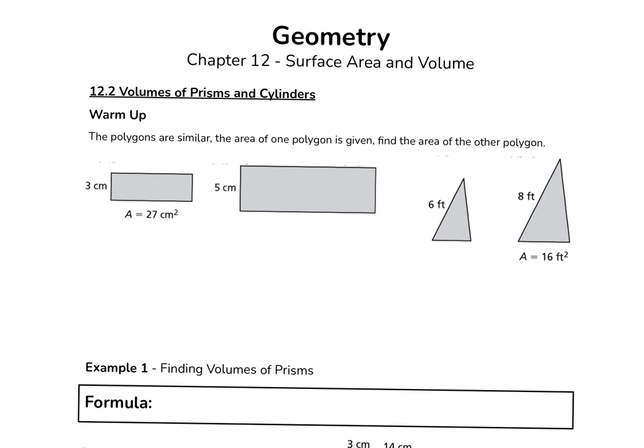So when I talk about the ratio of these two rectangles, they're in the ratio of 3 to 5. That is a ratio of sides, one side to the other. And you have to compare two sides that are the same, so either it's the two widths or it's the two lengths, whatever it's going to be. When I compare areas,